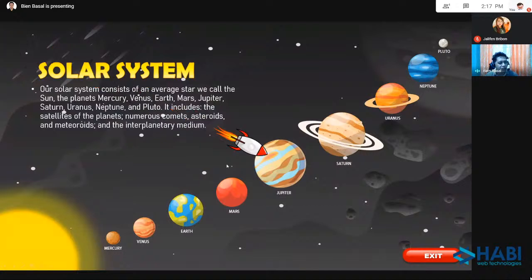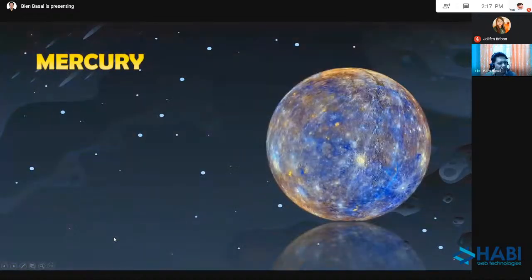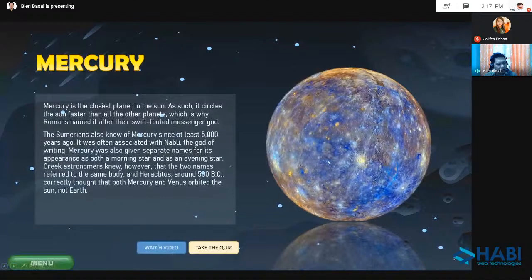Lumalabas po ito pong ating solar system. Ito po yung ating main menu. If I click, for example, itong si Mercury, ayan, so I have here po yung image ng Mercury. I have here yung description po ng Mercury. And sa lower part dito, still I have the menu button to go back sa ating menu. And I have here the watch video and the take quiz.